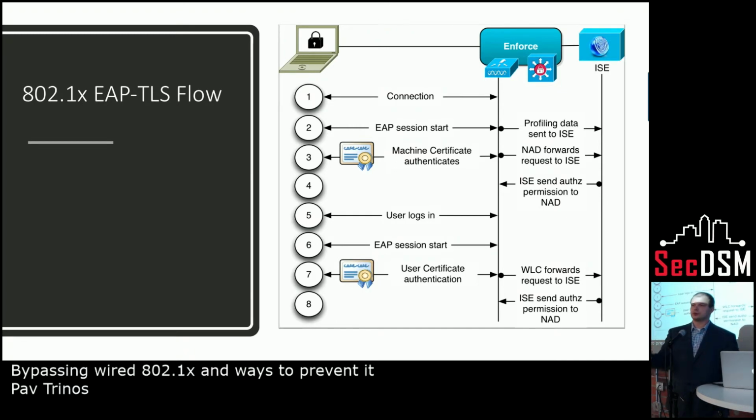And then when the user shows up and logs into the machine, a next series of events happens where that user within Windows has to authenticate itself, ideally. Once the user authenticates, then we start to see, okay, are we on the HR network? Are we in legal? Are we in IT? And we give a certain privilege level to that very specific user based on the certificate that was assigned to the user, right? Those credentials.